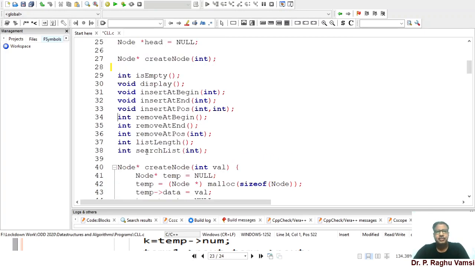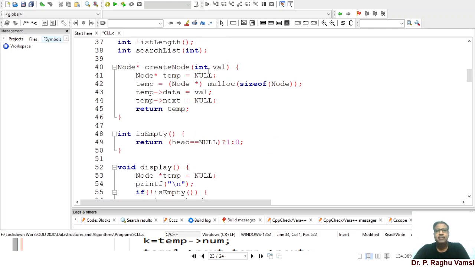All these are the same functions that we can use here. The creation of node is also the same. Whenever you create a node, it has a data item or a particular value and an address to the next location. The address to the next location I made null by default, because depending upon the situation, I will assign the next value.